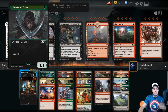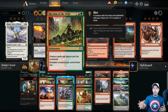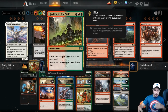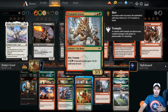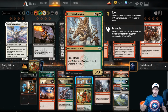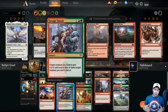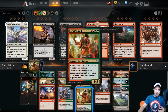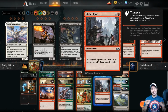What we're trying to do here is just ramp up on turn 1 to get some good creatures down, trying to get to Rhythm of the Wild as soon as we can if we have it. Then we bring all of our creatures in with haste or with a counter, and do some really crazy things with this deck. We're playing all of the common and uncommon creatures that are big, powerful, beefy, and they do amazing with Rhythm of the Wild. And we're going to do a bunch of other fun things with them, like Savage Smash, and swing in with a bunch of creatures. We're also playing 2 Skarrgan Skybreaker